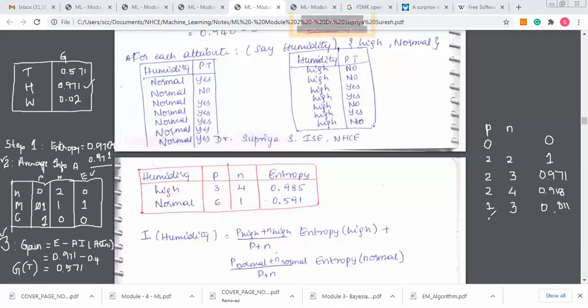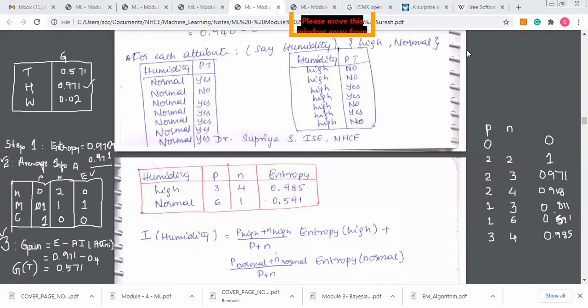Maybe after that you can calculate it, but if you get to know something with these: if one term is 0, you can directly write it as 0. If you get identical terms, you can directly write it as 1. If you get 2 and 3 or 3 and 2, the value is 0.971. If it is a 1:2 ratio or a 1:3 ratio, you will get these values. So these are quite additional. So 1 and 6, or 6 and 1, the value is 0.591. Then 3 and 4, 3:4, it is 0.985.